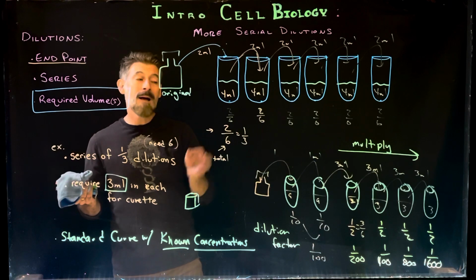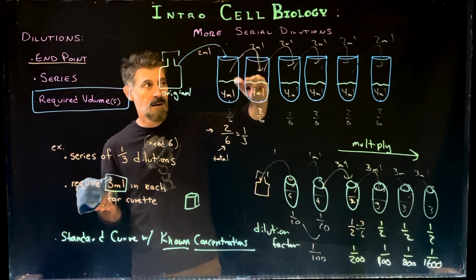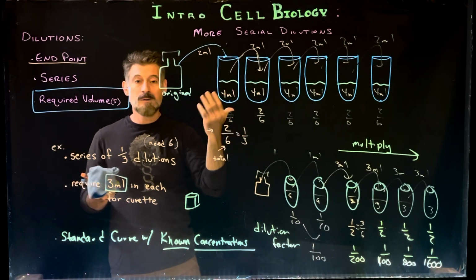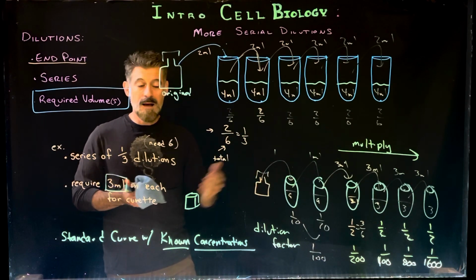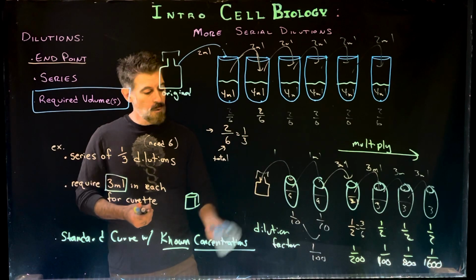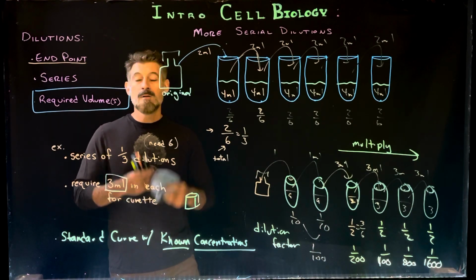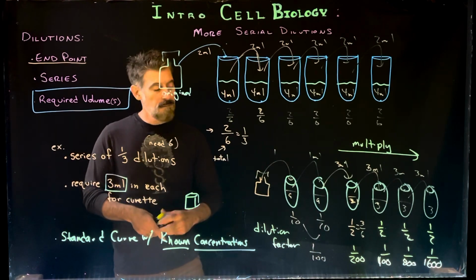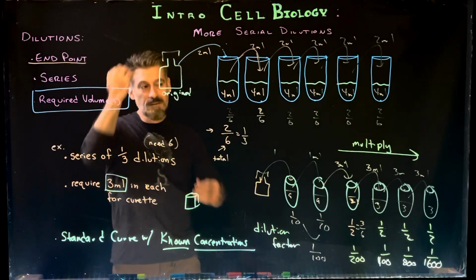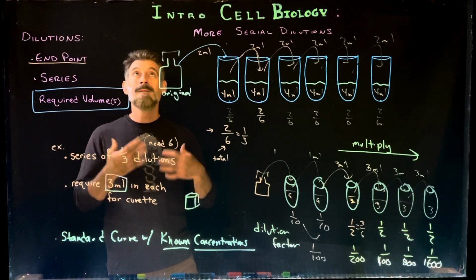If you're told they matter, then you have to plan for that, and you have to account for how much you're going to remove from each tube, and how much will remain once you've removed that amount of liquid. There are problem worksheets that my class runs, and some of these are very similar to those, so hopefully you can use this explanation to help you figure it out. The main thing is, though, you do have to figure it out on your own, because once you do, that's when you'll start to